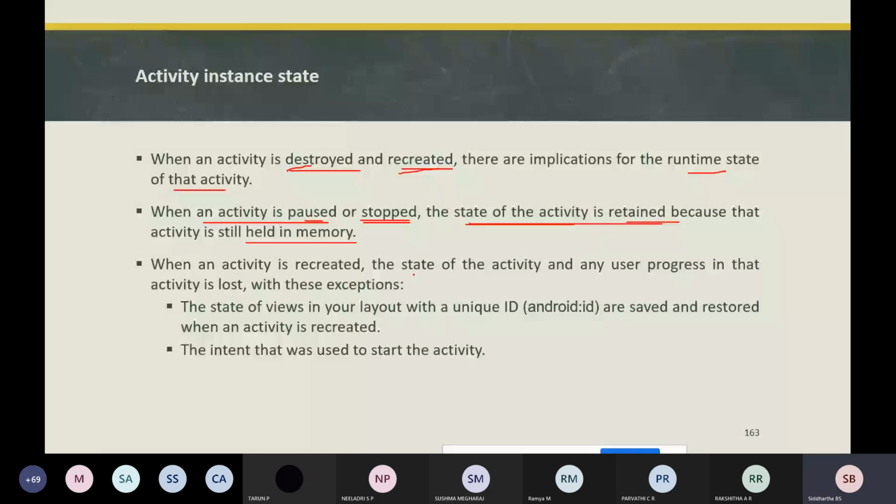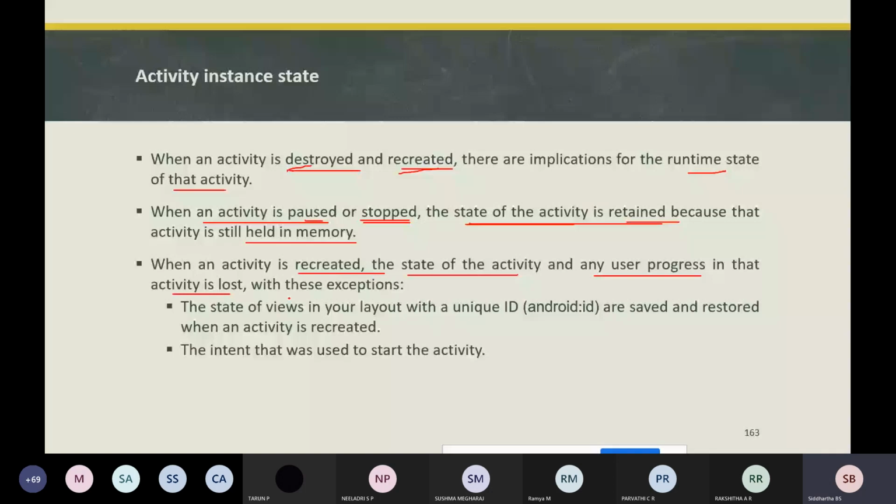When an activity is recreated, what happens? The state of the activity and any user progress in the activity is lost. If you recreate the activity, whatever the activity state was will be lost. But there are some exceptions where you are not going to lose the data.